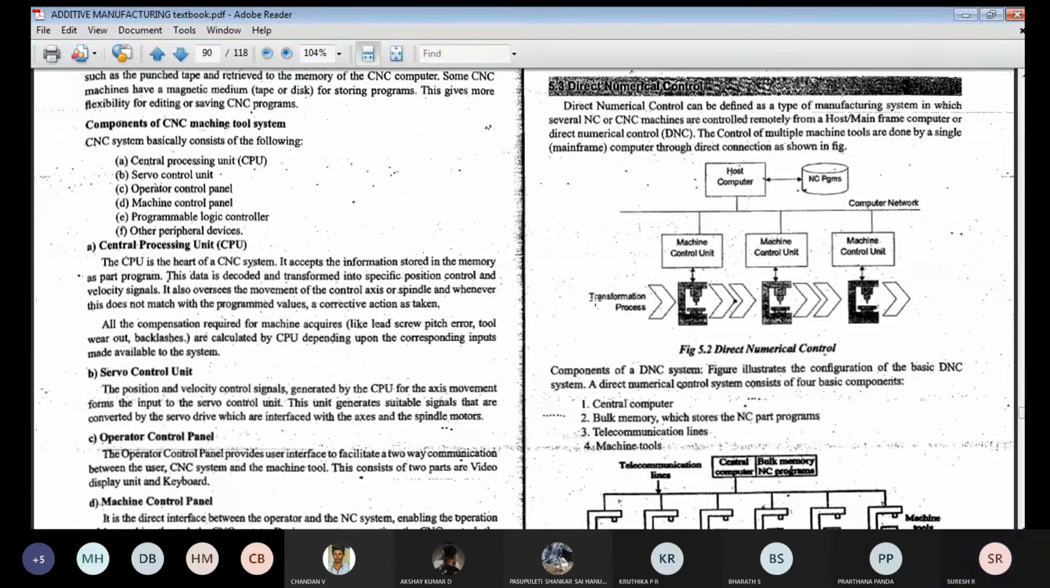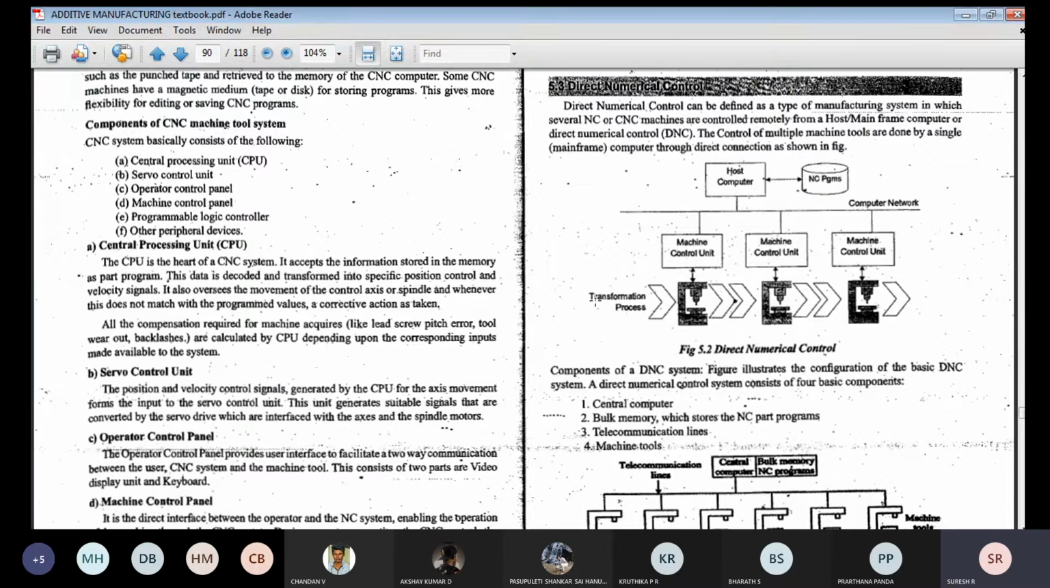So the main difference between the CNC and DNC machine is this. In case of the CNC machines, it is a mode of automation of machine tools that uses a dedicated microprocessor or computer to execute the pre-programmed sequence of machine operations. Whereas in case of the DNC machine, the direct numerical control machine, the main function of the DNC machine is